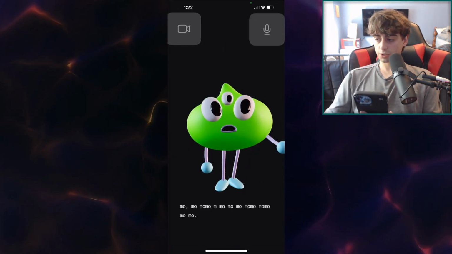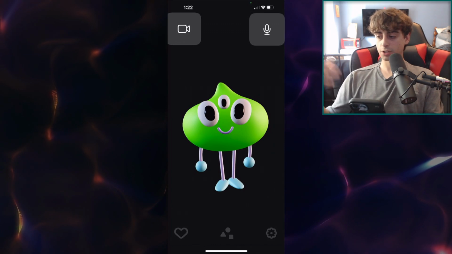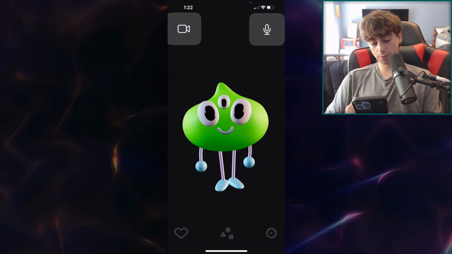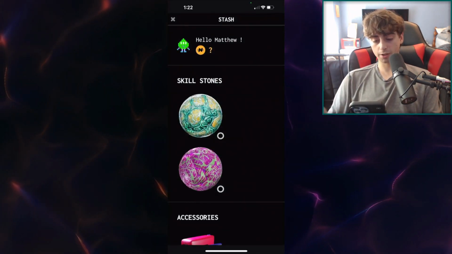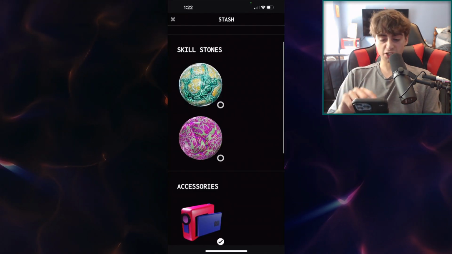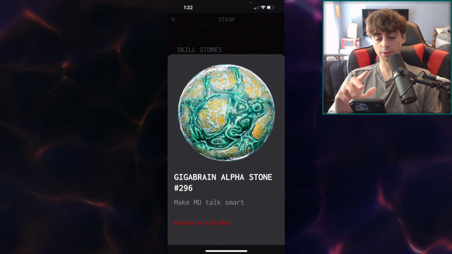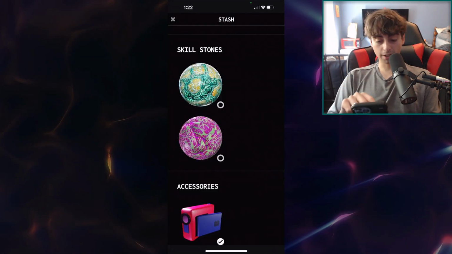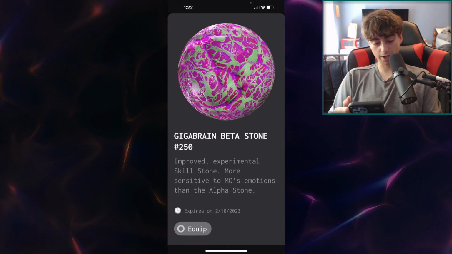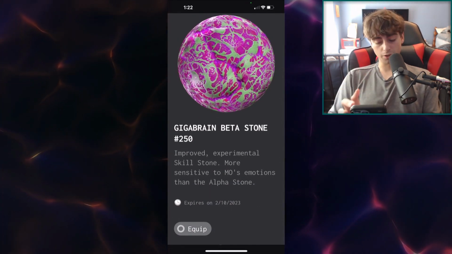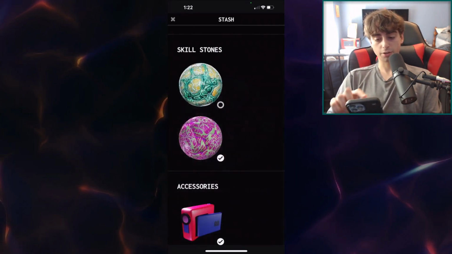As you can see, he just says Mo right now. He doesn't know how to say any other words. What we have to do is click on this little inventory button here, our stash, and there's these skill stones. This one I had is from one of my other Mo's who unfortunately passed away. We'll talk about that later. But yeah, they're called Gigabrain stones, and they give Mo's emotions and the ability to speak English, and probably other